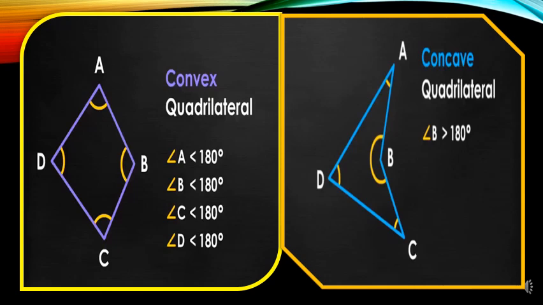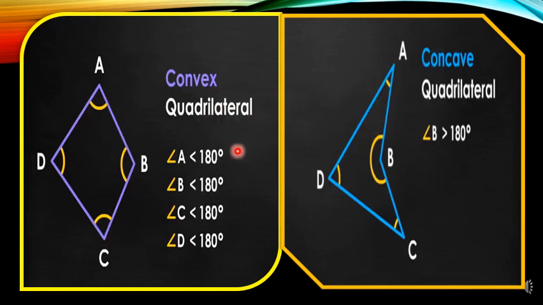As soon as you recognize a quadrilateral, you should be able to tell whether it is convex or concave. How can you tell that? By seeing the interior angles of the quadrilateral. You can observe here there are 2 quadrilaterals. One is called convex and the other one is called concave. You can observe the difference in both. There is only one difference here.